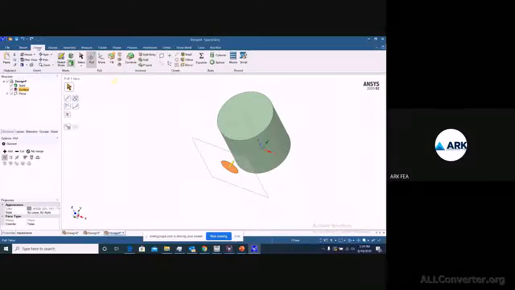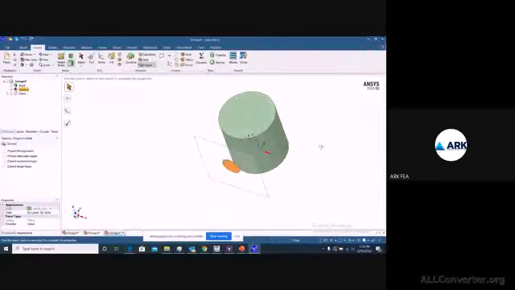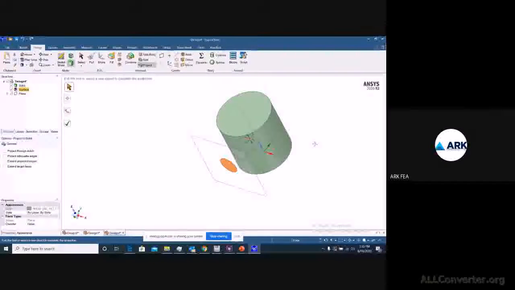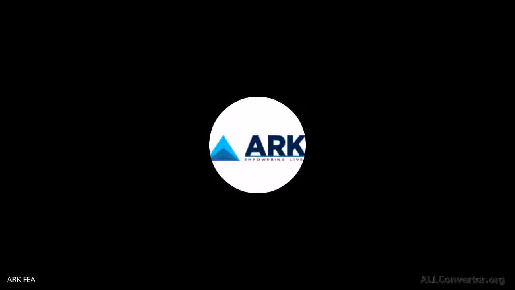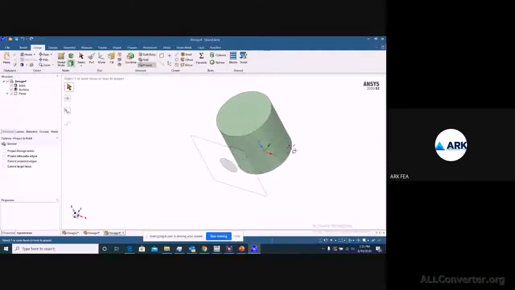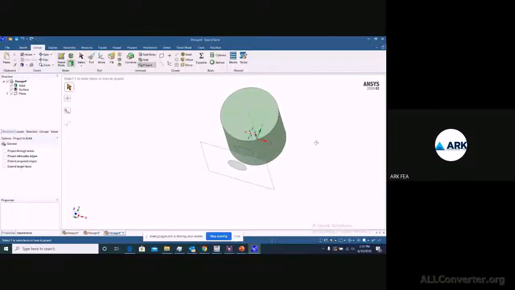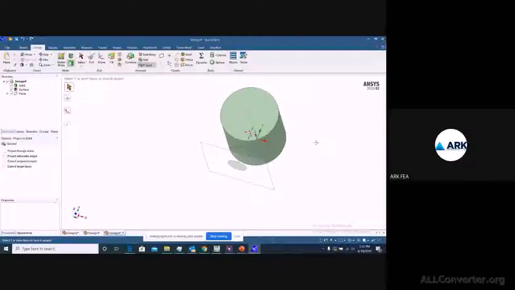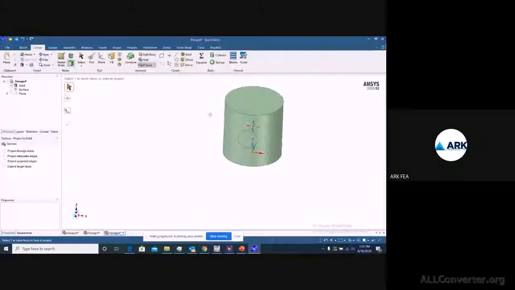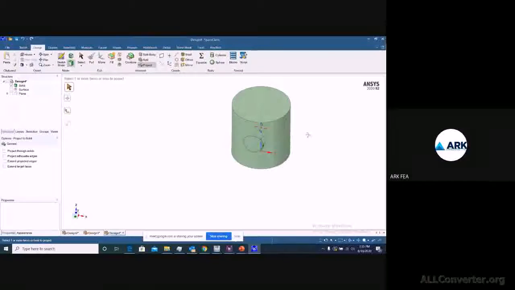To do that, we'll get back to design once again, and we have split. Just take this project, and you can see that it is projecting on the cylindrical surface. Since this surface is selected now, just say green check. So this is how, when you hide this plane and the 2D sketch, you are able to get the sketch over this cylindrical surface, right?